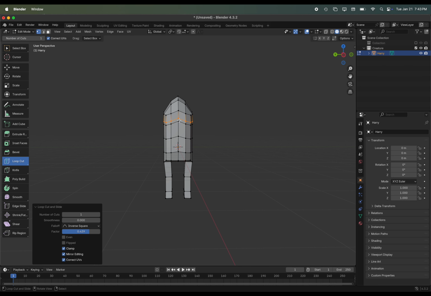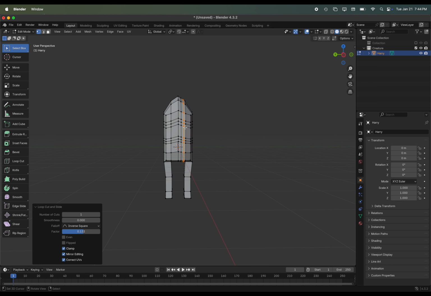I'm going to add maybe one over here and over here. This is going to be for my eye area. Maybe I'll have one over here. And I'm going to add a couple of loops for a mouth area. I don't know, maybe something like that. And as soon as I'm done adding loops, I want to get out of that tool so that I don't unintentionally add them later on. And I'm just going to, actually, I think I need one last loop. I'm going to just add one over here. All right, there we go.